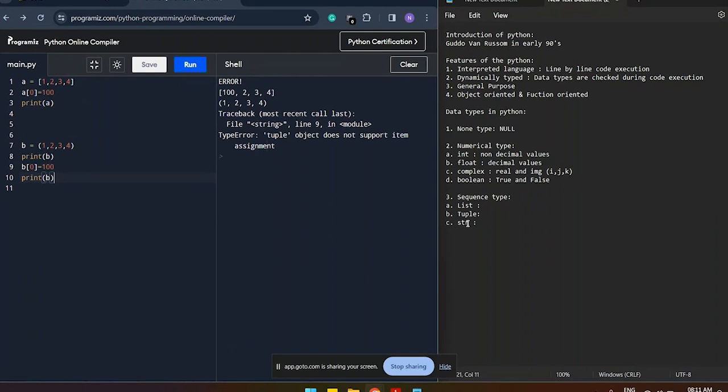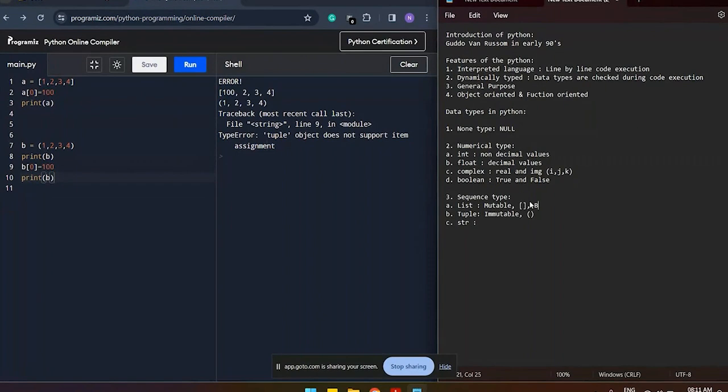Okay. So this property is called mutation. Mutation is basically being able to change or modify. So lists are mutable and tuples are immutable. Second, lists are denoted by square brackets, tuples are denoted by parentheses, right?